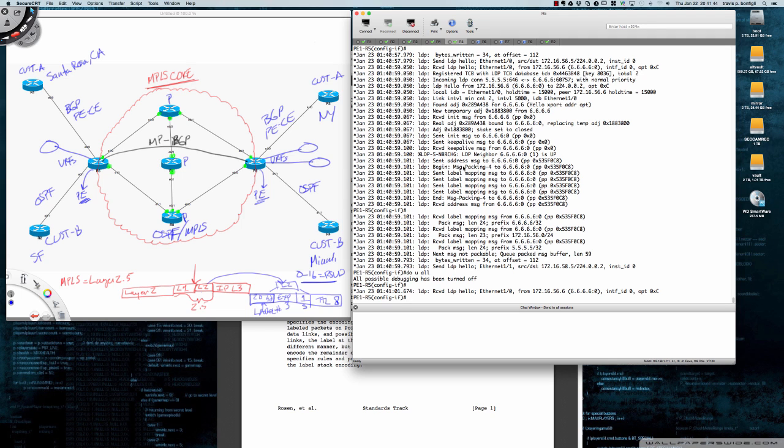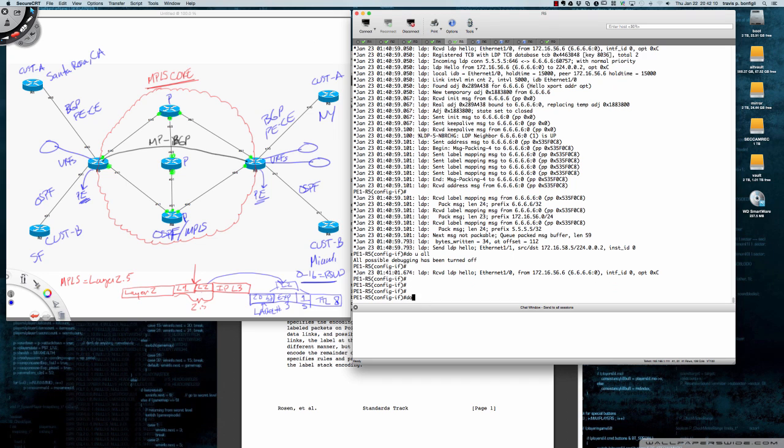You can also see that they exchange their label mappings. And this is important because one of the things that LDP will do is communicate all of the labels from all of the routers in the MPLS core to each of the other routers, so that they'll know whose labels go with which routes that they see in the MPLS core. So now if I do a do show MPLS LDP neighbor,